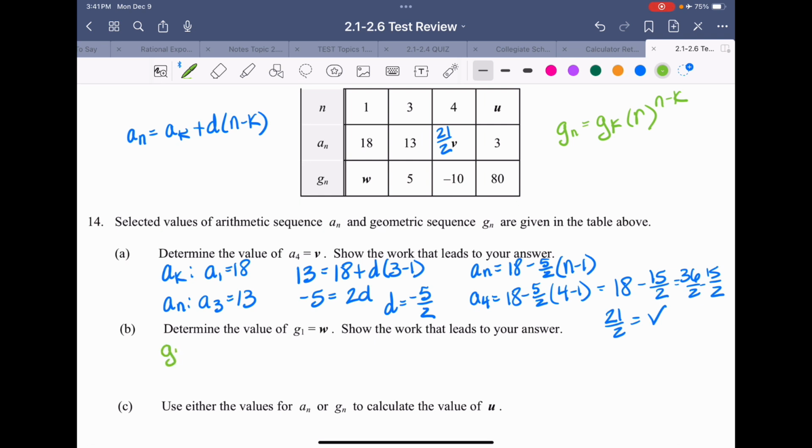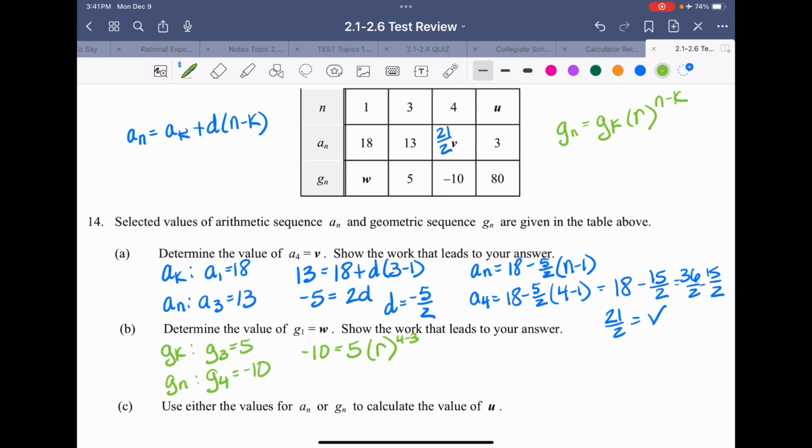So I'm going to say G sub k is going to be, oh, not equals. It's going to be G sub 3, which equals 5, and G sub n will be G sub 4, which equals negative 10. All right, so I'll substitute them in. G sub n is negative 10. That's equal to G sub k, which is 5, times r, which we don't know, to the n minus k